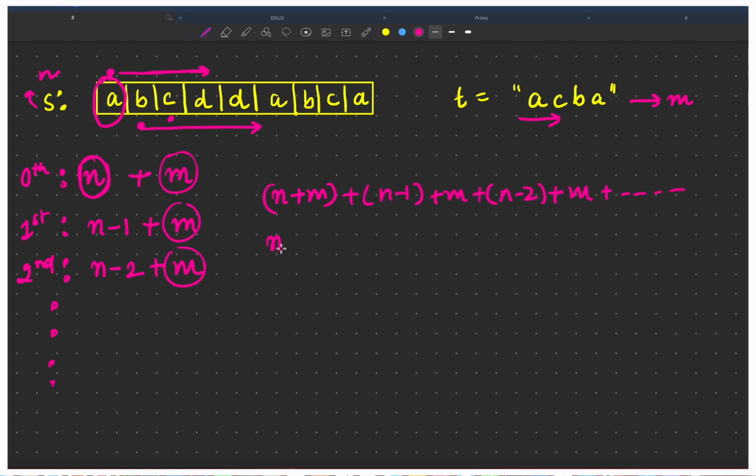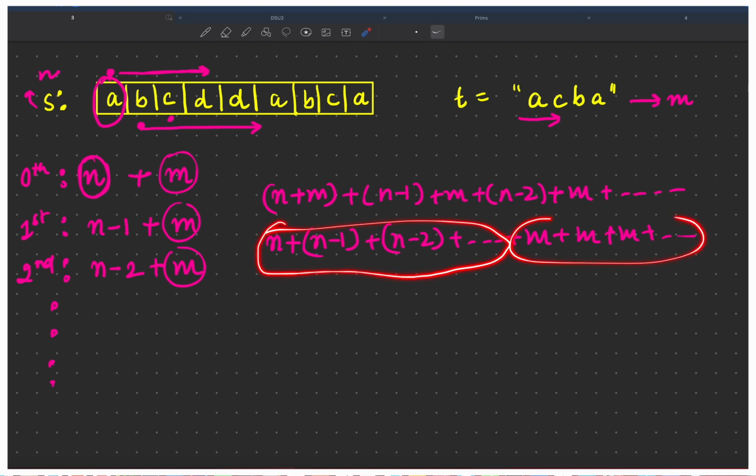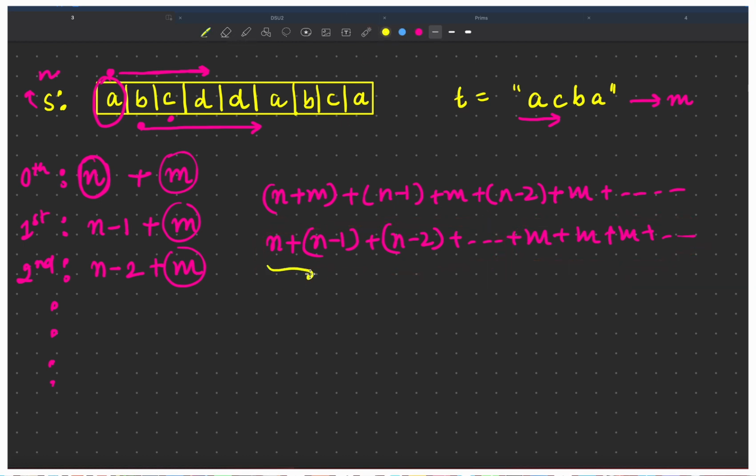Let's try to separate all the n and all the m. So since we are doing these tasks for all the n elements, these will be n and these will also be for all the n elements.